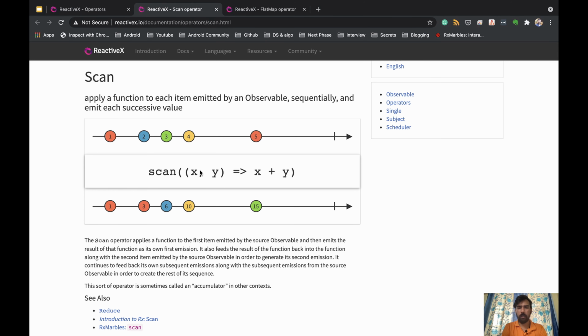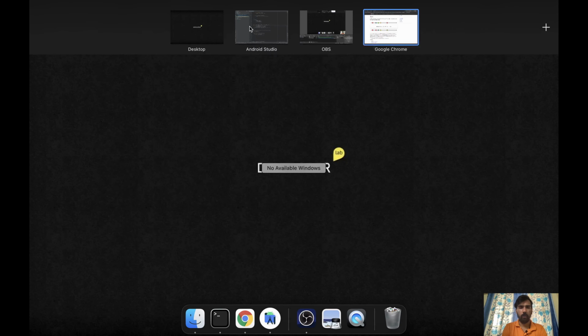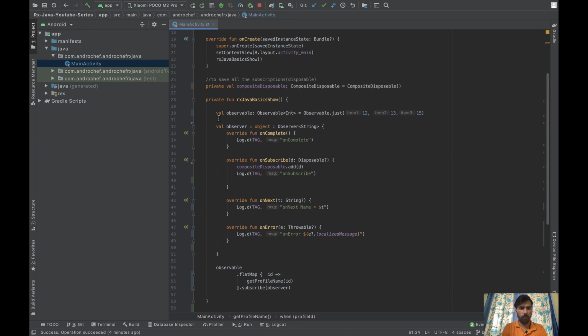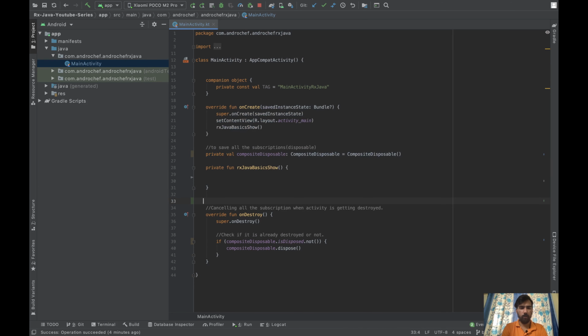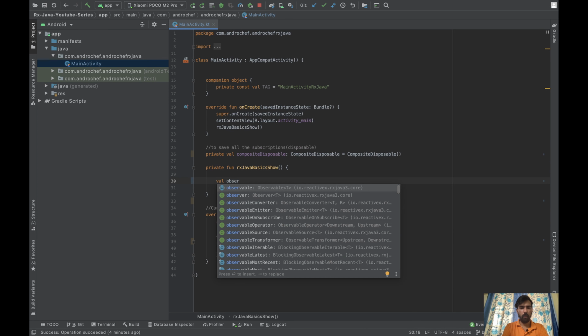So let's understand this by implementing. We'll go to Android Studio and remove all these things. We don't need this one. Again we will be converting.